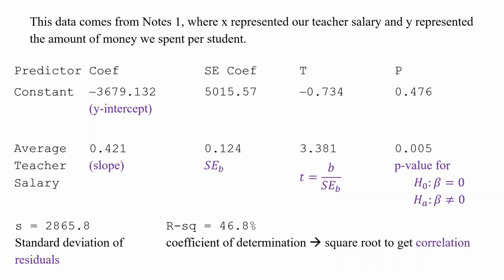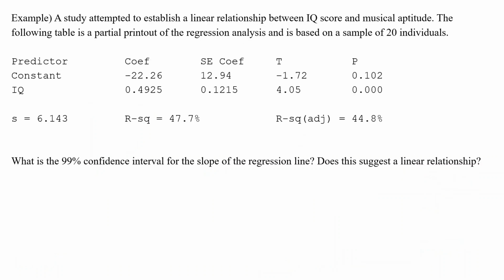And remember, we can take the square root of that, like the square root of 0.468, and that's going to give us R. That gives us our correlation, which we don't use in our confidence intervals or hypothesis tests, but we do need to know how to calculate correlation from that computer output. Okay. So a lot of the times, especially on the multiple choice problems, you're given a computer output and you're